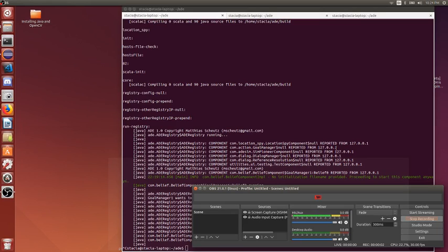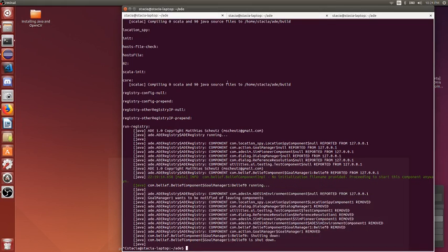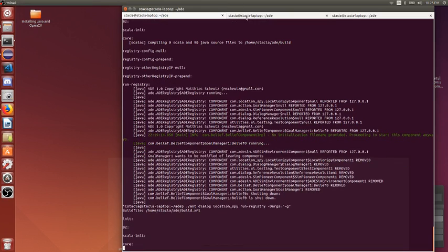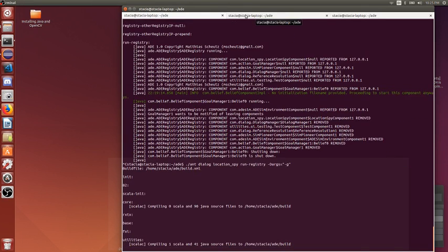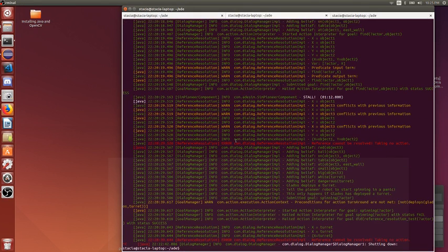Alright, so here's my example for the reference resolution homework assignment. I was able to finally get the config files to work. So to run my code, all you have to do is do /ant. I have dialog and location spy added in there just to make sure I've built all of my targets before I run the registry. So that's just the first step, and once the registry is running,